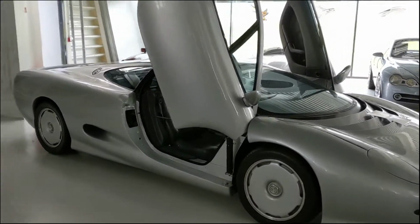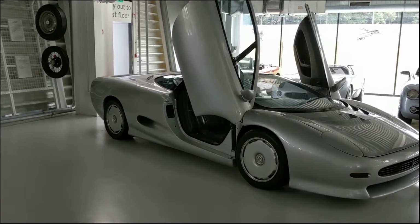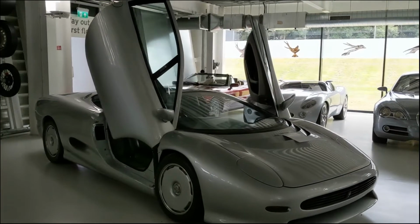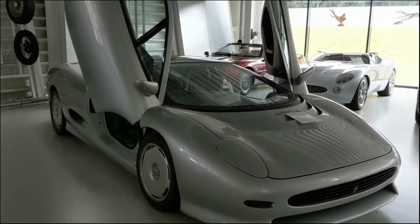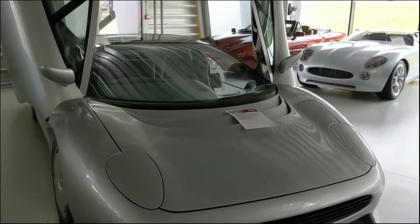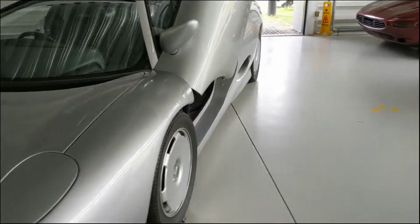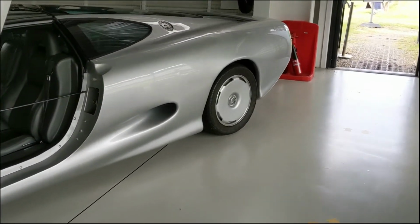I think what really marks this car out from the regular road cars is those scissor doors. Obviously the production cars didn't get scissor doors. Also, this one's got a fully glazed area at the back. It doesn't have the vents at the bottom of the glass. I couldn't say whether there's any difference in length or anything, but